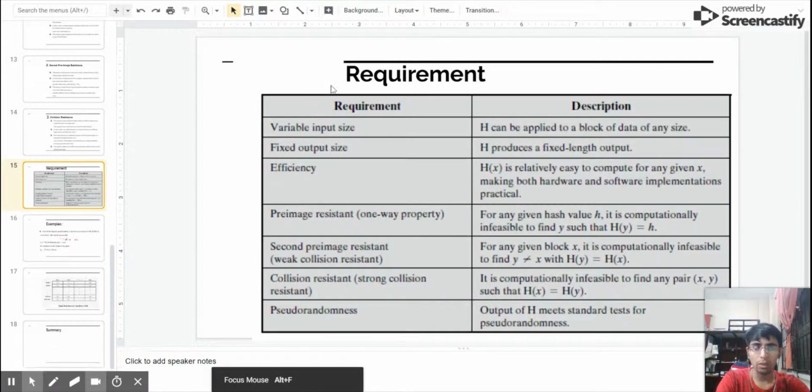Now we will talk about the requirements. First, variable input size. A hash function should have a variable input size, meaning the input size should be variable and the output size should be fixed, and the efficiency of the hash function should be very good. Like h of x is relatively easy to compute for